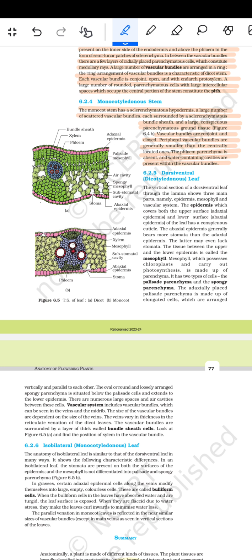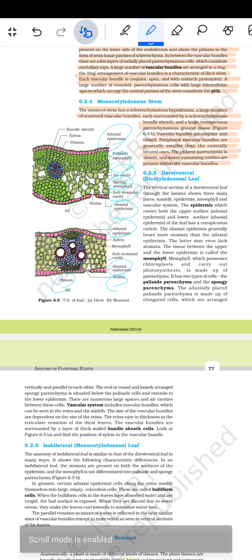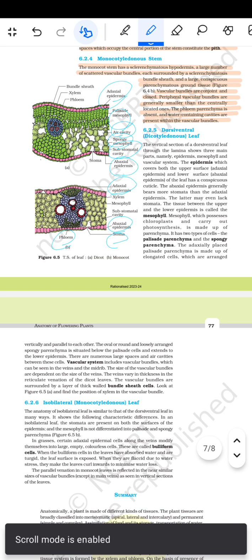जाइलम हो गया, फ्लोएम हो गया, एडैक्सियल एपिडर्मिस हो गया, फिर पेलिफेड मेसोफाइल हो गया, एयर कैविटी हो गया, स्पॉन्जी मेसोफाइल हो गया, सब स्टोमेटल कैविटी हो गया, ये एडैक्सियल एपिडर्मिस हो गया. ये हो गया एडैक्सियल एपिडर्मिस. जाइलम हो गया, एपोमेसोफाइल हो गया, सब स्टोमेटल कैविटी हो गया, ये एडैक्सियल एपिडर्मिस हो गया, स्टोमा हो गया, ये फ्लोएम हो गया. तो dorsiventral dichotomous leaf,